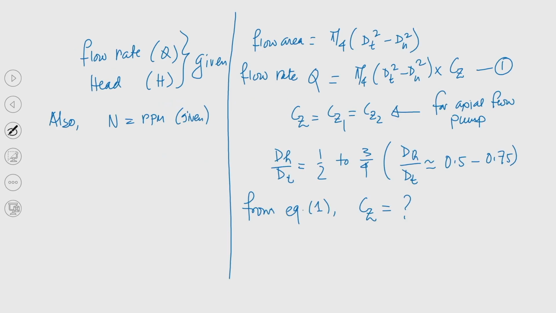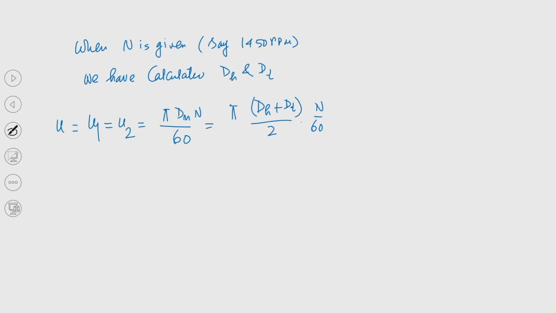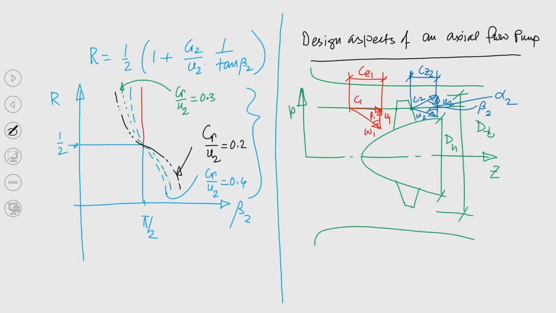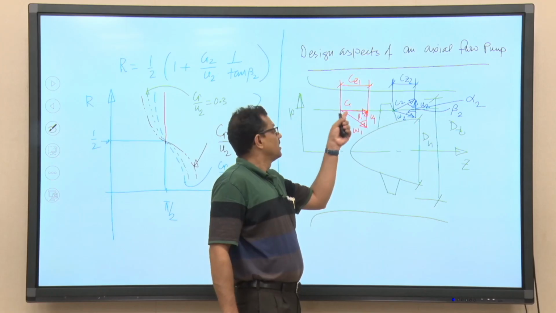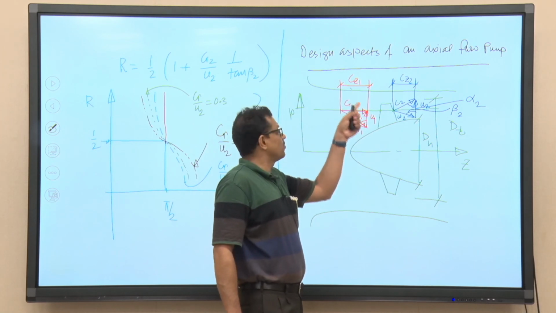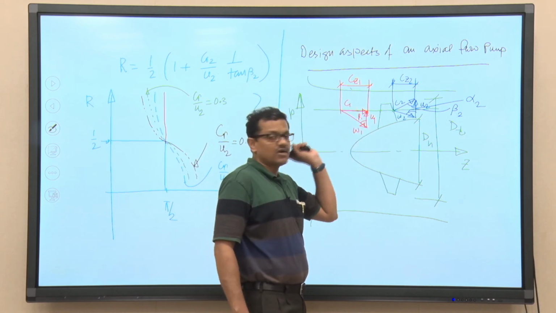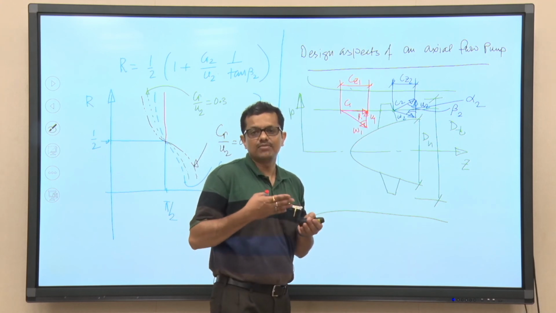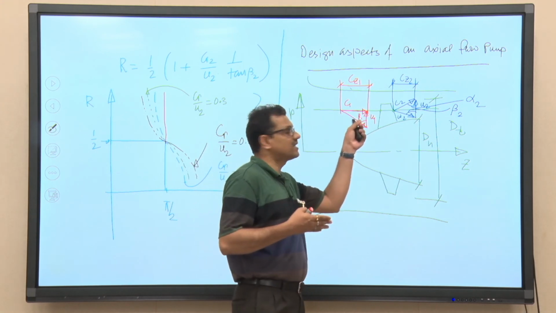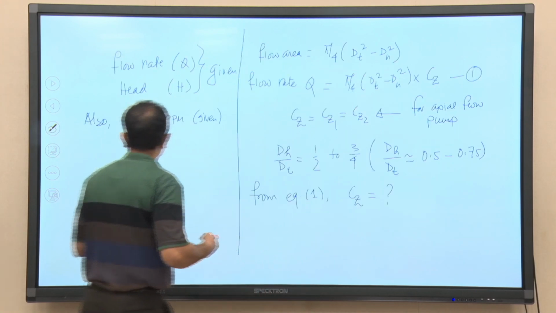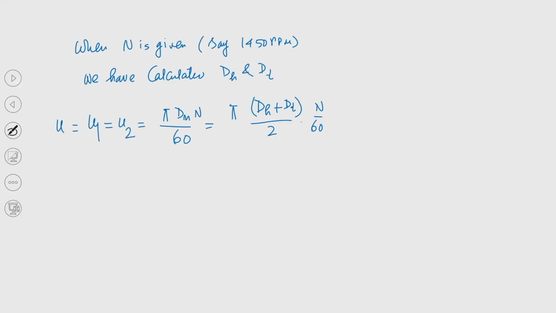So, you can understand, we can calculate Cz from the given expression, that is Q. We can calculate u from the given n. Now, if we go to the inlet velocity triangle, we know Cz1, we know U1, can't we calculate beta 1? Because ultimately we need to design the pump. So, basically blade angle at the inlet we need to calculate. So, what we can calculate? So, the beta 1, again I am drawing the velocity triangle at the inlet.